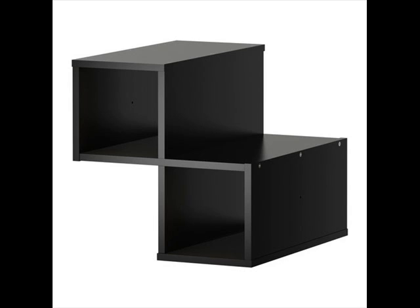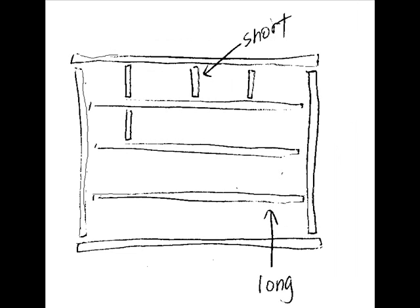Now, there's one important thing I need to tell you. When you construct these things, and let me bring up a picture, take a look at this picture. You can see that there are short pieces and there are long pieces. The long pieces must go in horizontally, and the short pieces must go in vertically, because if you look at the picture, you can see that all of the weight is resting on these short pieces, and this is what